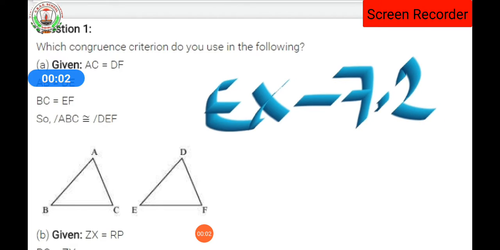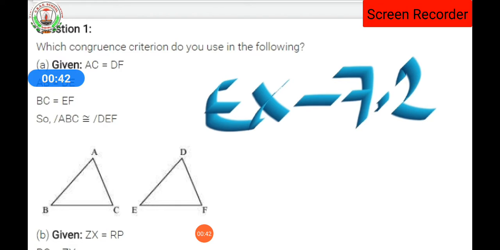To every student, let's have the revision of exercise 7.2. In the previous video we had already done the revision of exercise 7.1 and the definitions like criteria of the congruence of a triangle, isn't it? Hope you people understood. The video was already explained earlier, in the live class as well. Now we are going to have the revision in the form of a screen recording. Clear? So here we are going to start exercise 7.2 as a revision.